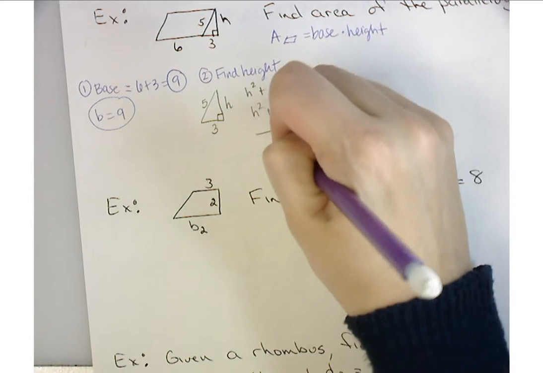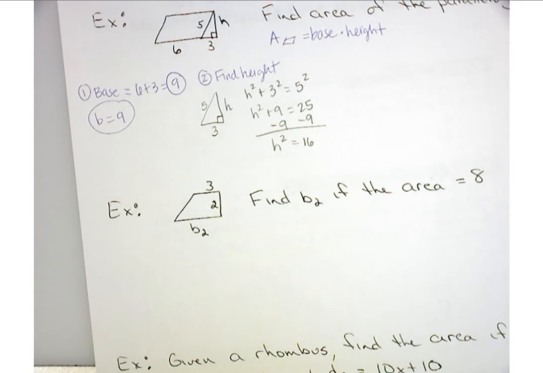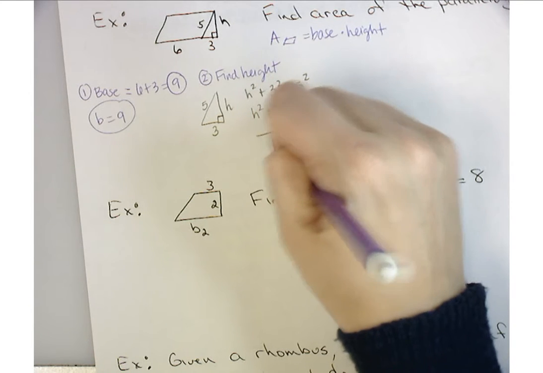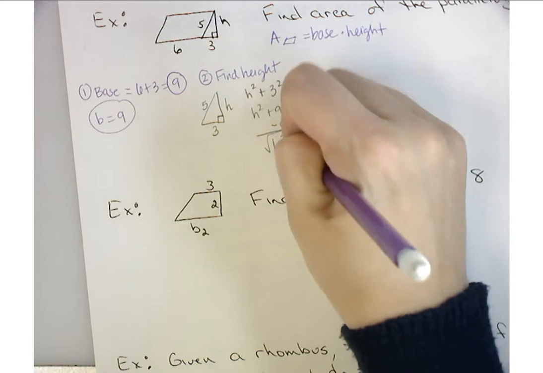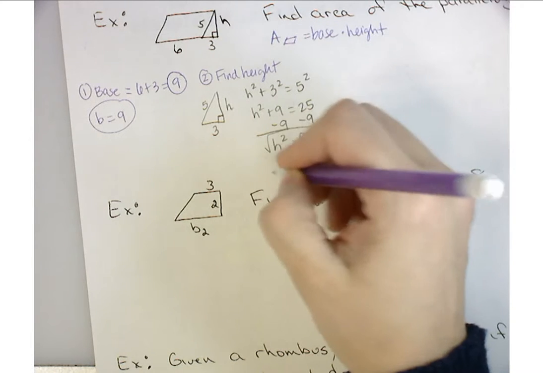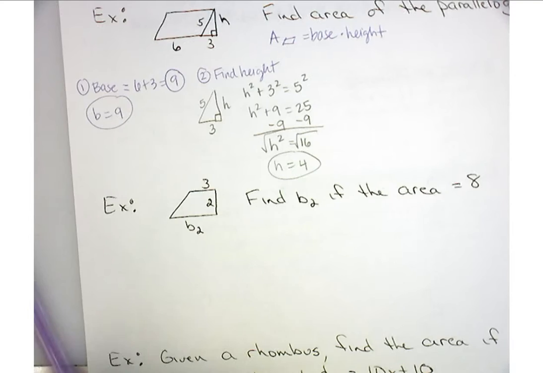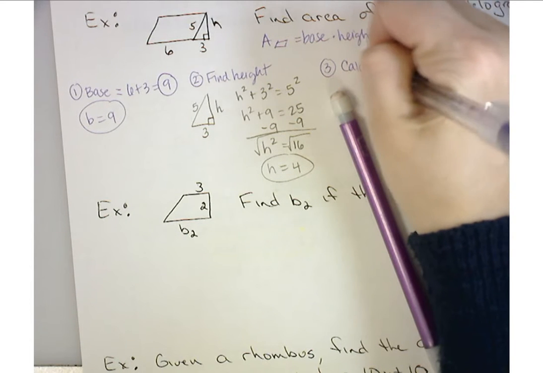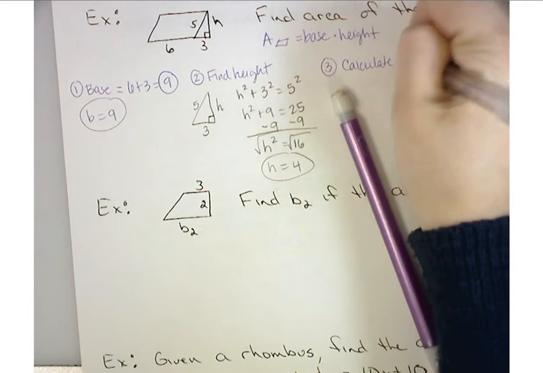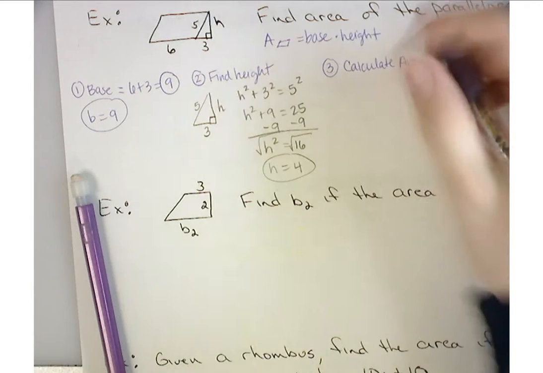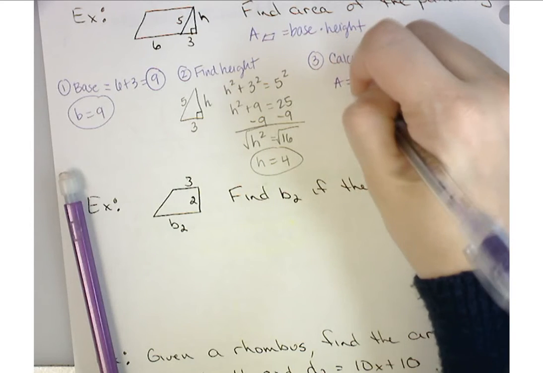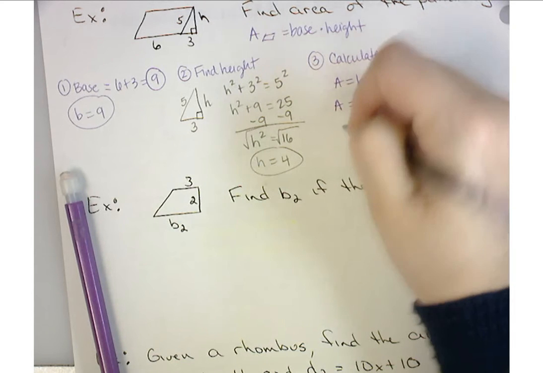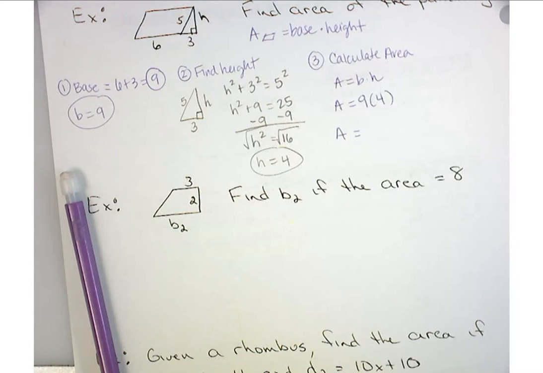Okay, so if h squared was equal to 16, what would I do to both sides? Square root. Yep. So then you're going to take your square root, and then your h is going to be 4. Okay, so then I can calculate the area. Okay, so our base is 9, our height is 4, and then our area